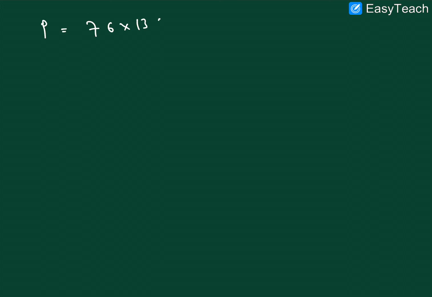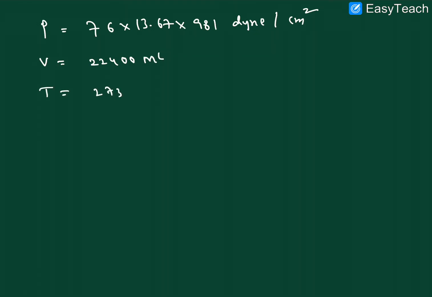One more relation here: 1 joule is equal to 10 to the power of 7 ergs, right? If we want joules, remove the 10 to the power of 7. So R is equal to 8.314 joule per Kelvin per mole. I hope it is clear. Right, joules we have completed, ergs we have completed, and next one here, calories.